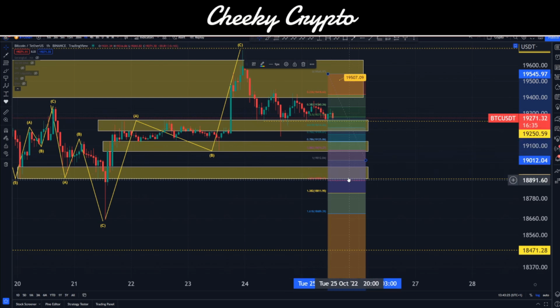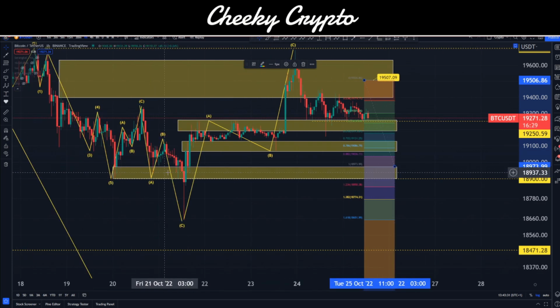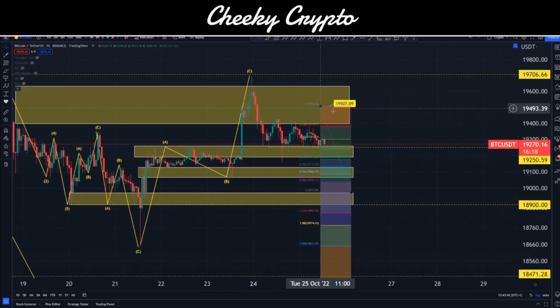Okay, so things can change ever so slightly, but if I do pull this back down to this range here, you'll notice that it's resting on this yellow box area down at the bottom. This here is going to be our next level of support, and this is where more buyers are lining up, more demand for Bitcoin comes in, in my opinion. Okay, so we start thinking about where the liquidity is and all those wonderful things. We can start thinking about maybe a small push up and then a pull to the downside. Now, that will be one of those to keep a close eye on.